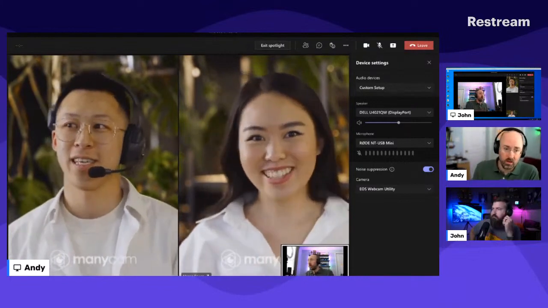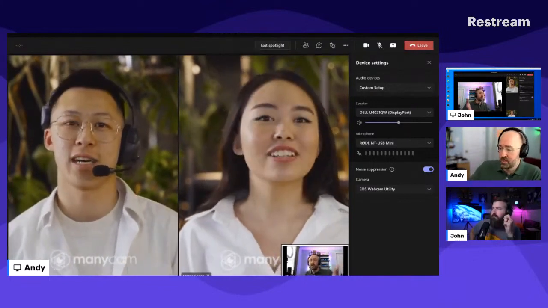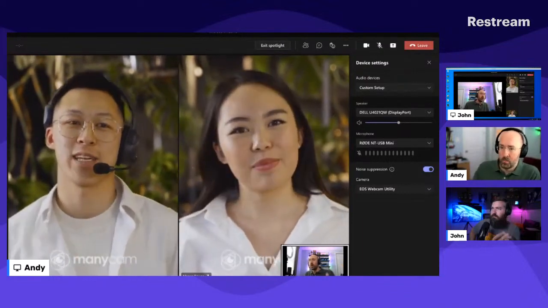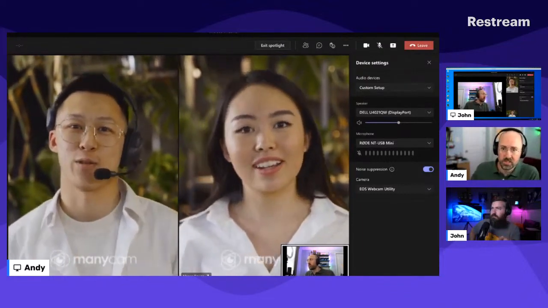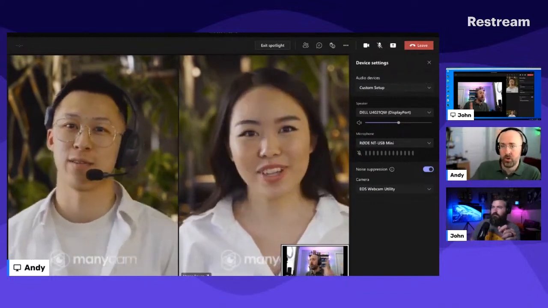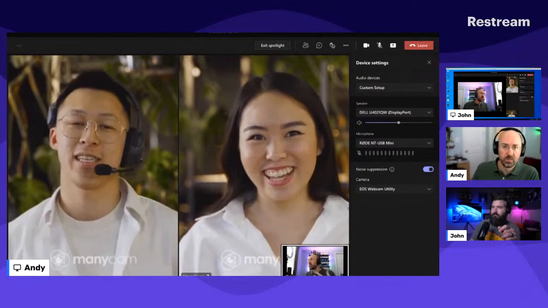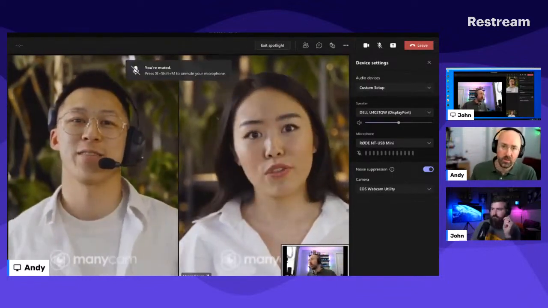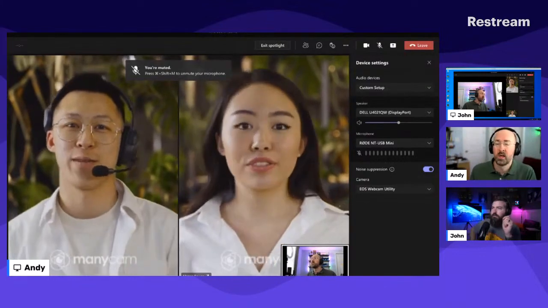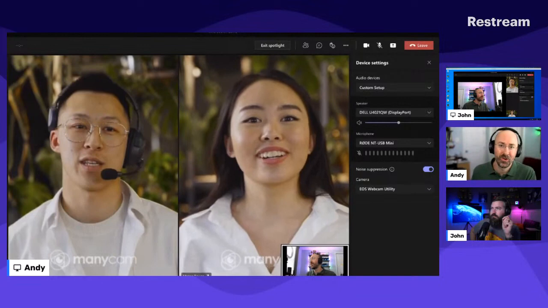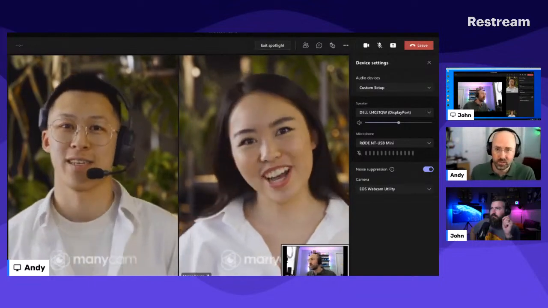Now I'm on an Apple system. At some point around June of last year, 2020, Microsoft updated Teams for Mac, and it broke the webcam utility. It was an update to Apple's security settings, and that in turn broke Teams. That wasn't fixed until 2021, so it was almost a year later that the webcam utility was fixed.